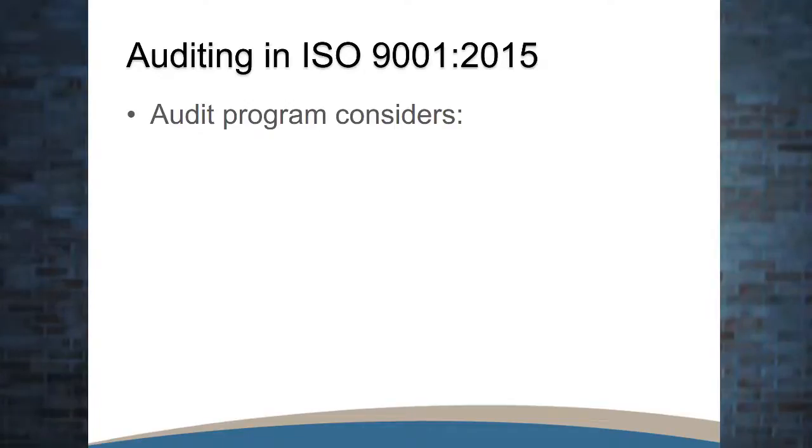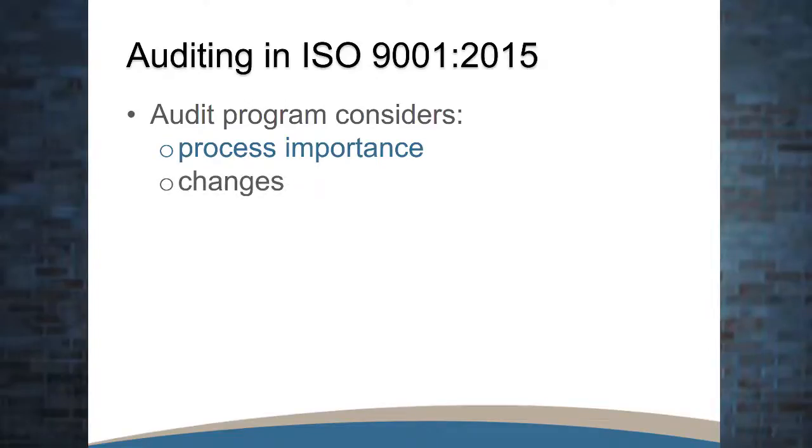Auditing program. So what do auditing programs have to consider in the 2015 version? First of all, process importance. How important is the process internally and to the customer? Changes. What changes have you experienced with regard to the process? Or what upcoming changes are coming that you want to get ahead of and evaluate risk for, etc.? And what were your previous audit results? Were they good, bad, as expected? Those 3 items need to be evaluated in terms of consideration for